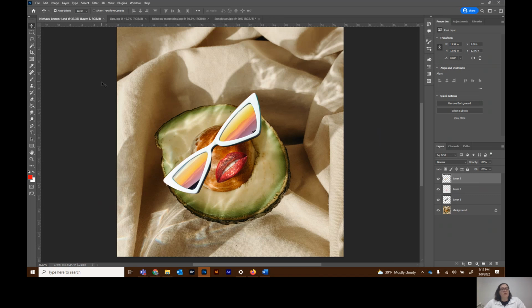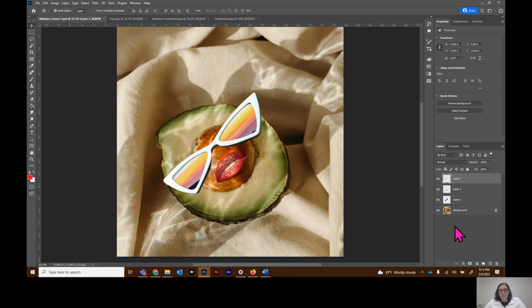Now, the second way to save it is to save it as an actual JPEG or PNG or TIFF, depending on what you're working on. Most of the time for this class, you would just need to save it as a JPEG. A JPEG is what's called a compressed file. So what it does is we have to flatten all of these images together, and it smushes them together and makes them into one layer, and it's going to make your file size smaller, but it also makes it shareable. So if you want to give the file to somebody and then go and print it, they could easily do